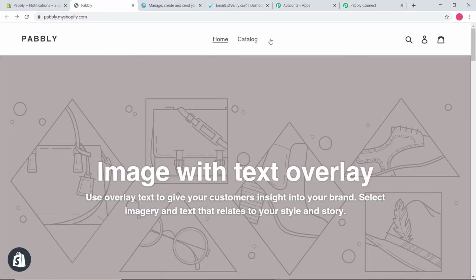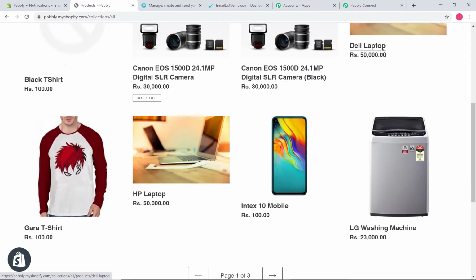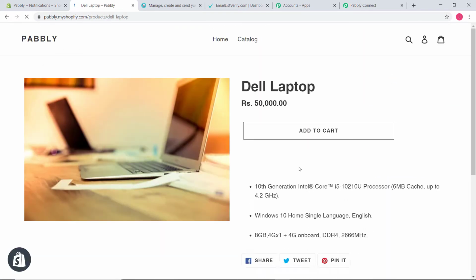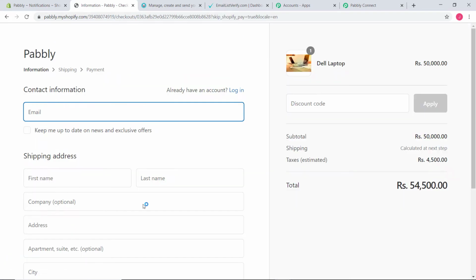So now here you can see catalog option. So I'm going to click on it. Okay, so now here I am going to buy this Dell laptop. Okay, so now I'm going to click on buy it now. So here it is asking me for the contact information. So I'll put the email as